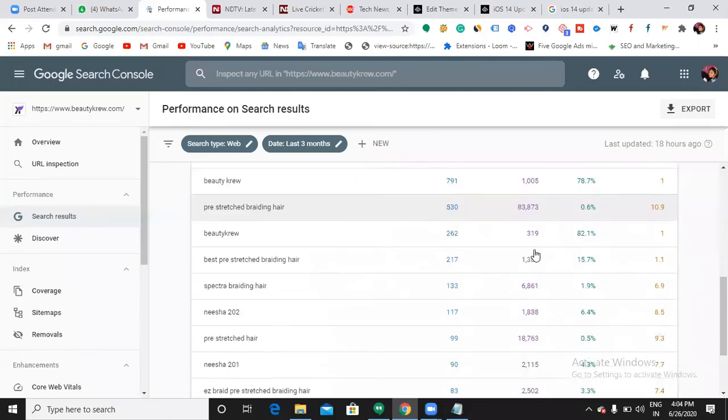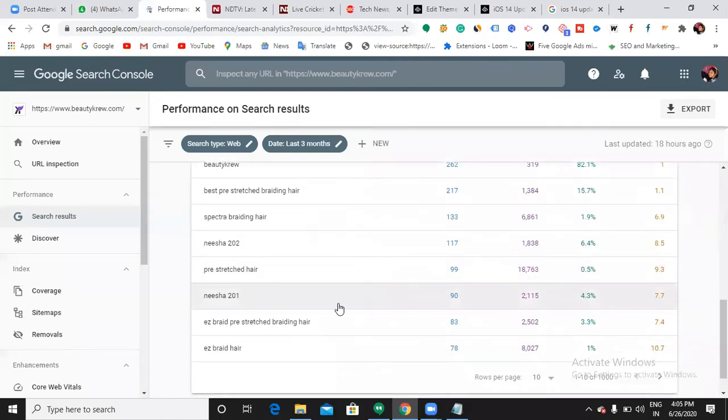Got it now? Cleared? So 7th position, then 7th position, 10th position, and this many times my website appeared for this particular keyword. Your website appearing means it is called one impression, an appearance in our search result, right?